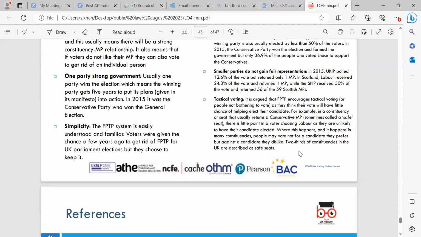Now, a constituency is a place, so you have your own MP for your area, okay? And that MP is supposed to help you, supposed to come up with any sort of plans they want to put forward, because they have 5 years to put these plans forward. And what kind of things can they put forward? Like about the health system, the educational system. And what else could they put forward?